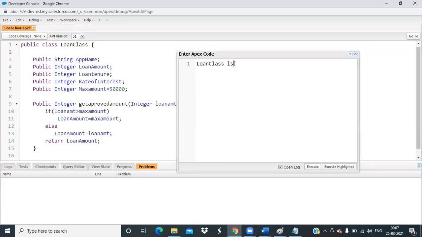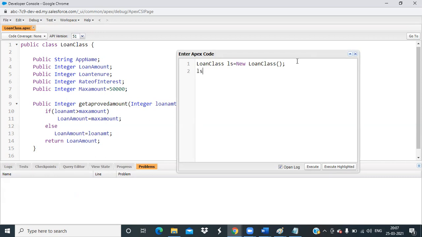We'll give ls equal new Loan class. So now we have created an object ls of this class.